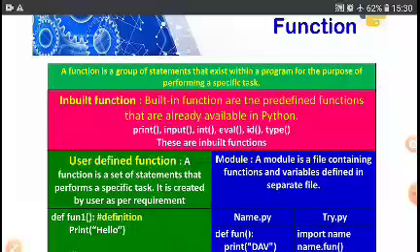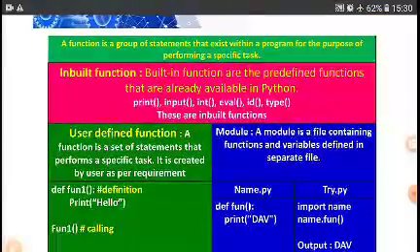User defined function means it is created by the user as per requirement. You can see the def keyword is used to define a function. Def, function name is fun1, in brackets, after brackets colon sign, and after colon sign print hello.